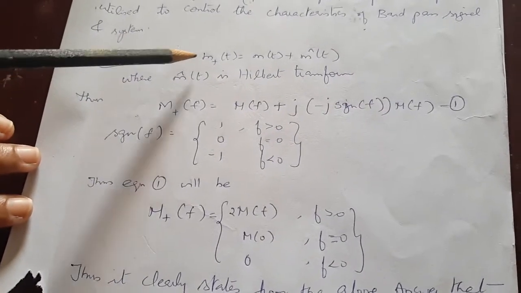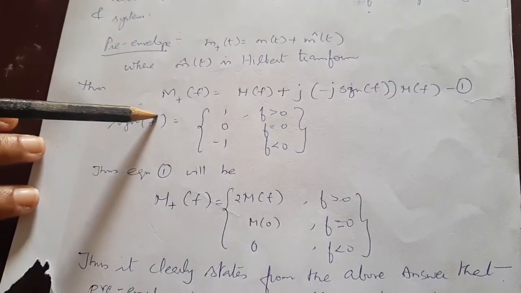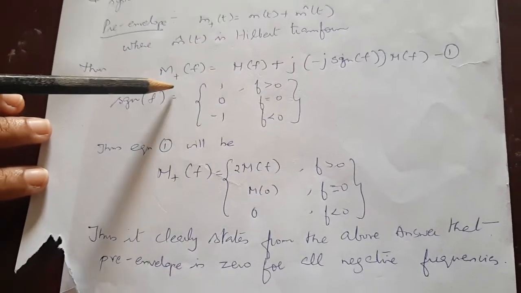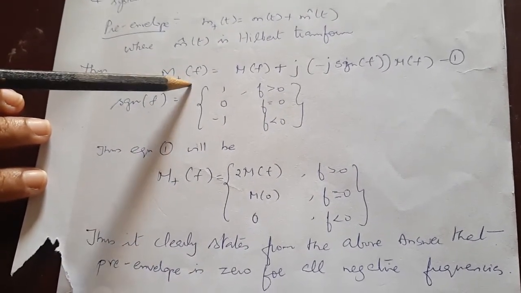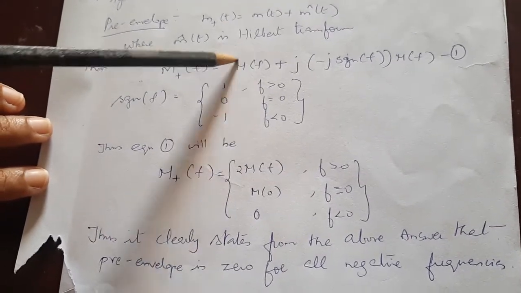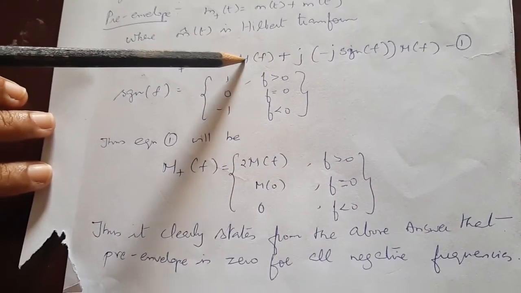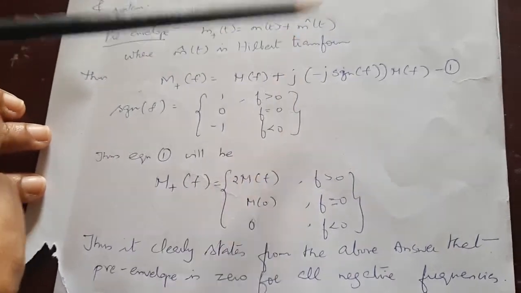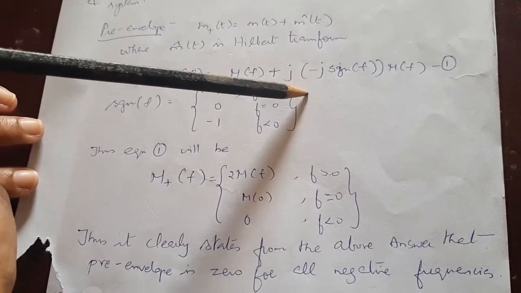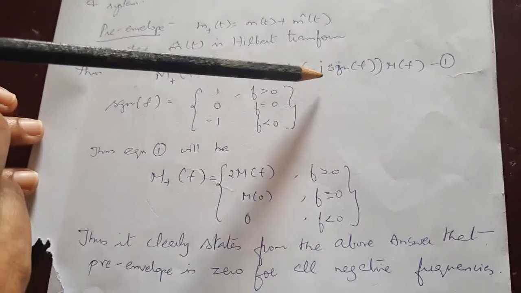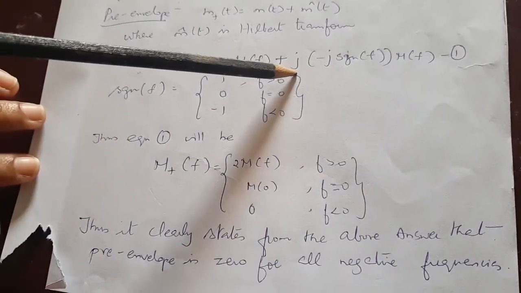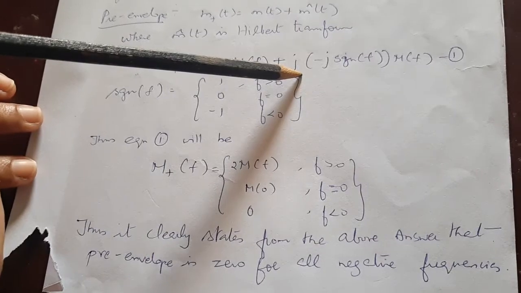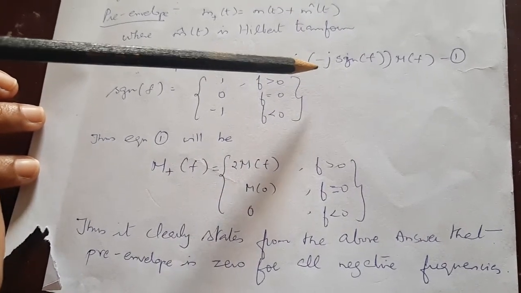Now we are going to convert a time domain signal into a frequency domain signal. So once I write it in a frequency domain equation, m of f is the original magnitude spectrum in the frequency domain, and the Hilbert transform is converted in a mathematical expression as a sigmoidal function. So this is how we write our expression for the Hilbert transform under the frequency domain parameter.